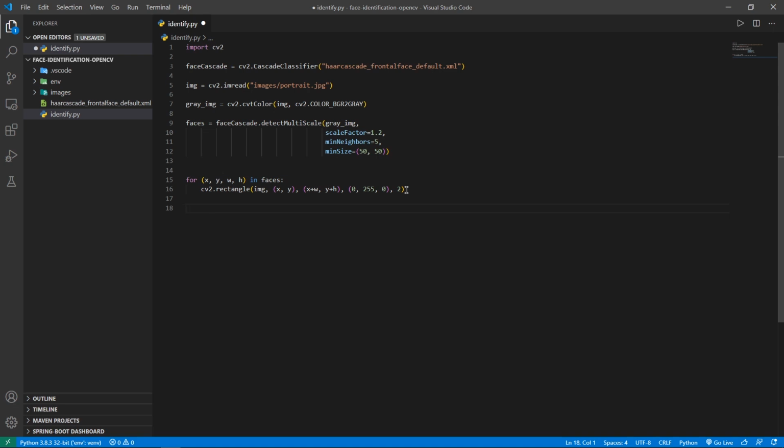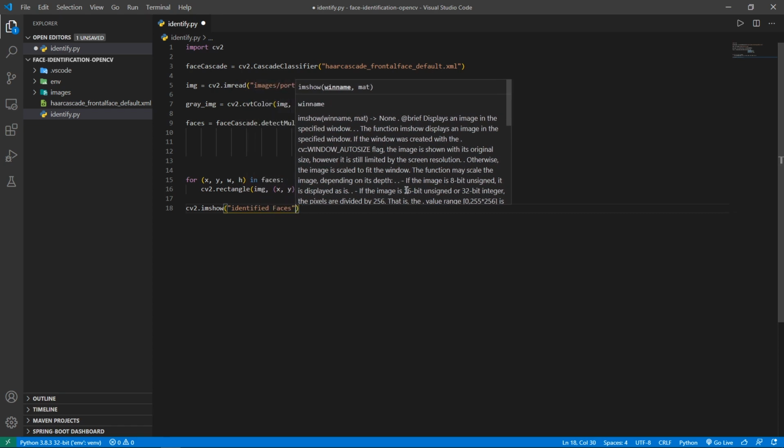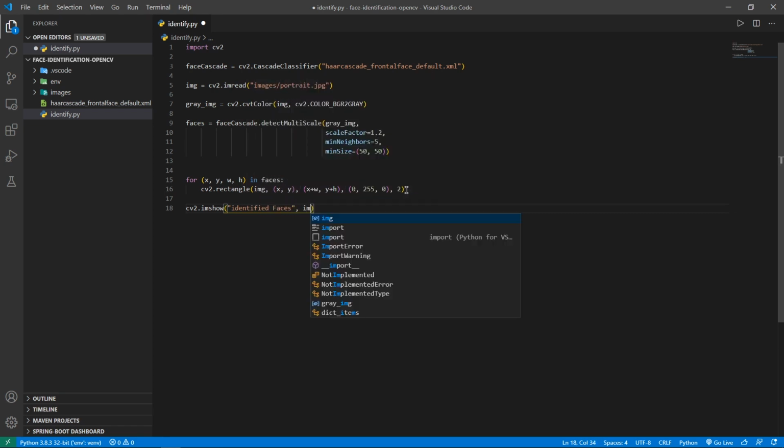Now that we have drawn the rectangle, we have to show the output to the user. So I'm going to use a method inside CV2 called imshow, and I'm going to pass in 2 parameters. The first one is going to be the text that you want to show on the window pane, so I'm going to give it as, let's say, identified face. The second parameter is going to be the image itself. You don't need to worry about equating this to a variable, because when you use the rectangle method and give the image, the box is going to be drawn on the original image itself. So when you output it, the image is going to output with the box drawn on it.